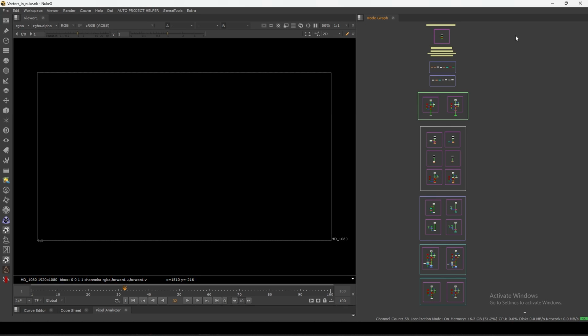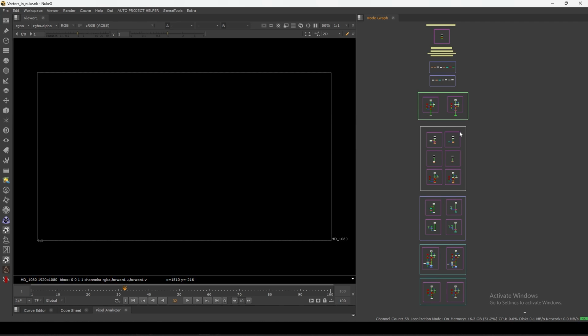Hello everyone, welcome back to another new guide series, and in this one we are going to take a look at the vectors in Nuke. What I want to tell you is how vectors work in Nuke, how we are using vectors in Nuke in general, what a vector basically is, and how we can manipulate vectors to use to our advantage. And there are many things in vectors, so we will see all those examples